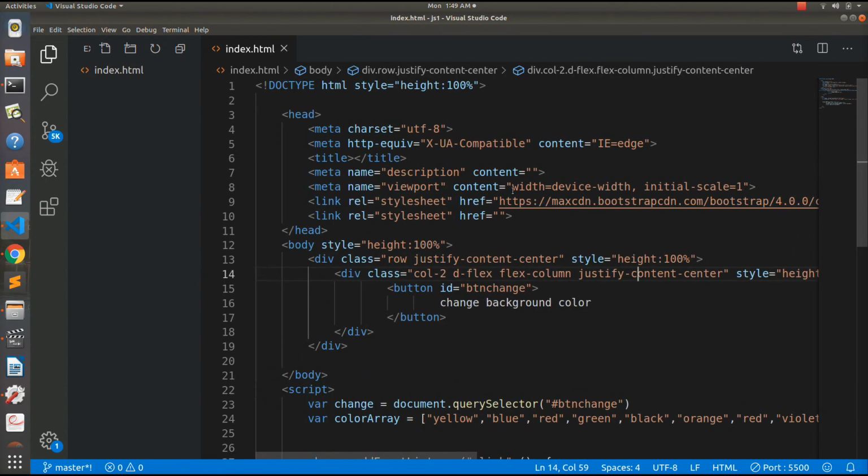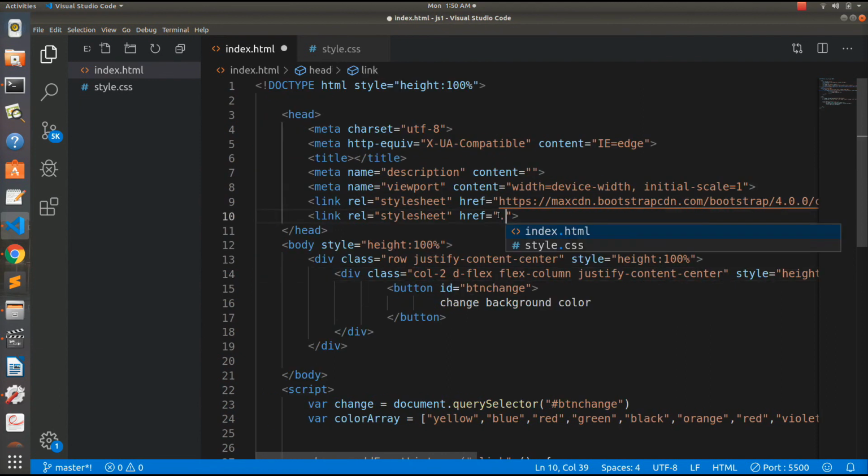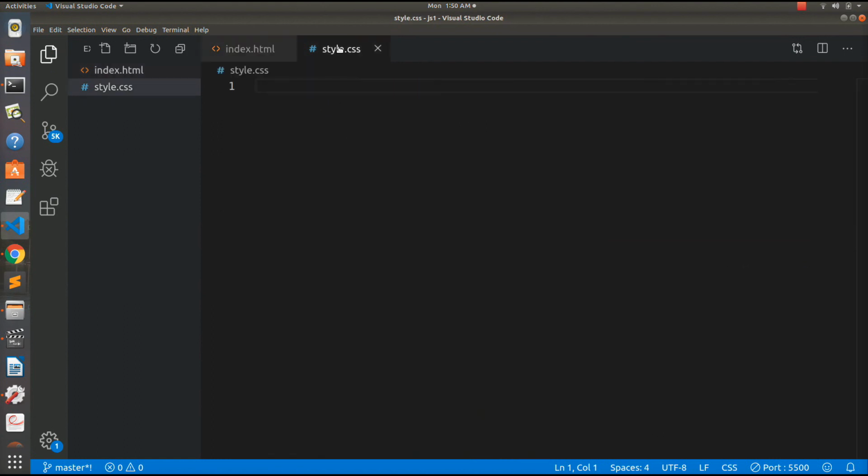Now you can do some styling of any type that you want. I will do what I want. So let's make another file, style.css. We'll include the link to that right here, styles.css. Save this, and now let's do the styling.